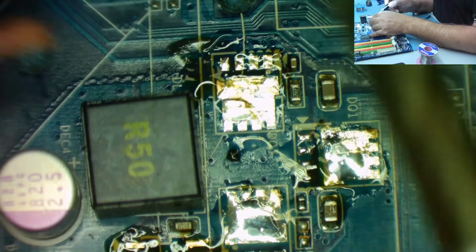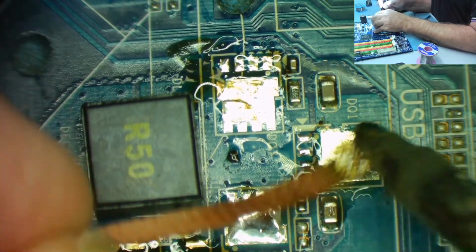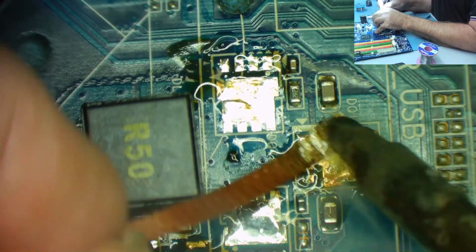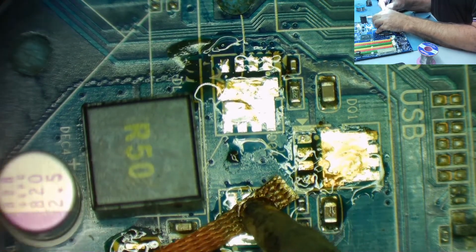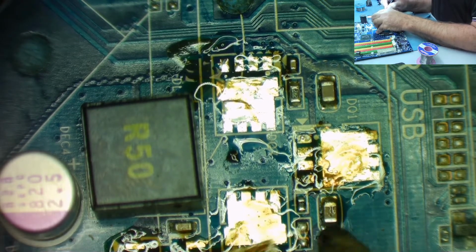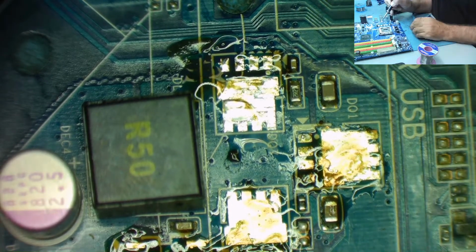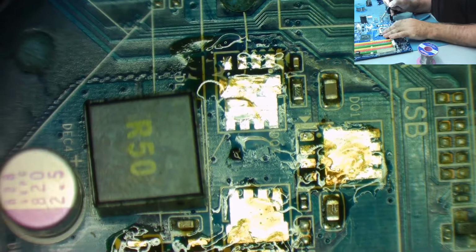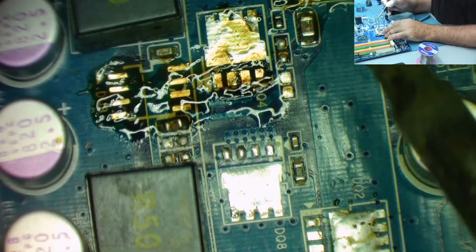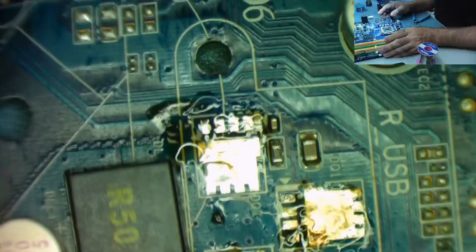Solder, okay. Let's go in on this one. Quite clean. Okay. That was nice. Something missing here. I don't think so. I think there's nothing missing there. I'll look at the next one down. It's just as I've accidentally cleaned the pads. Okay, so